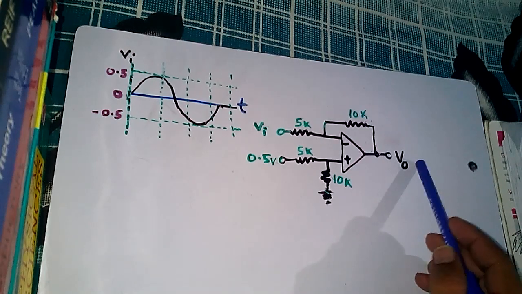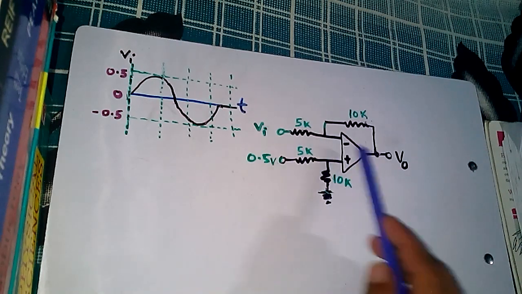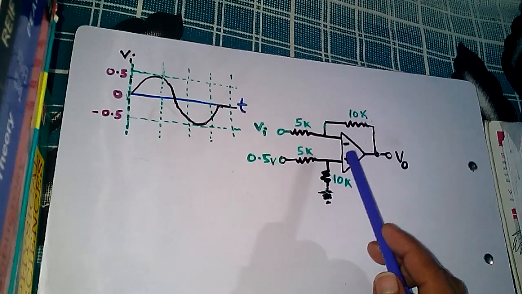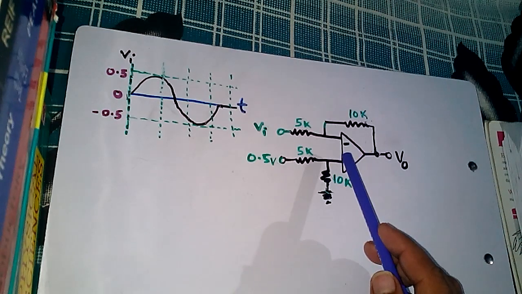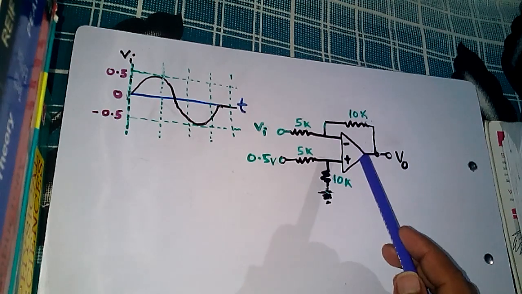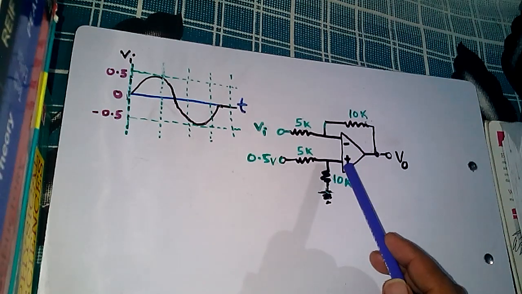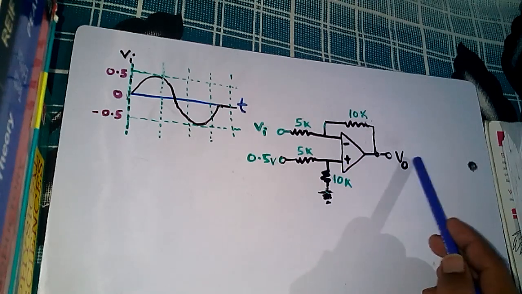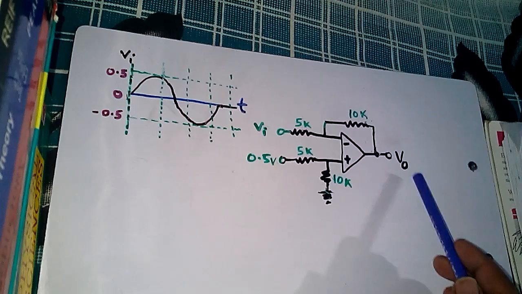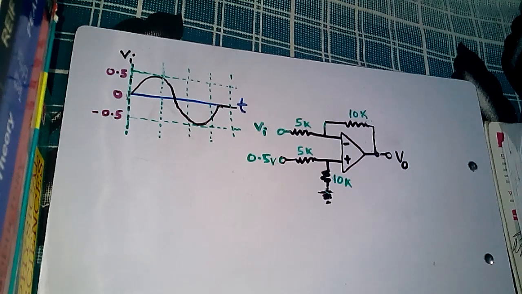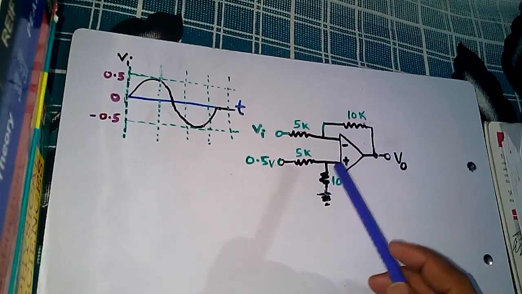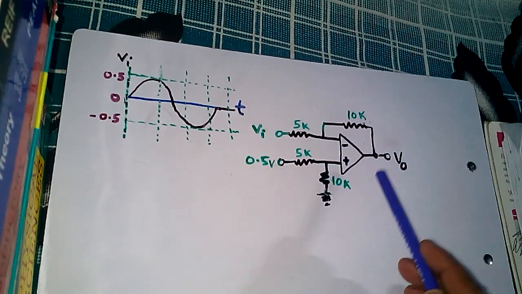Now to write down the output formula, first of all we have to recognize the circuit, because if we don't recognize whether this is an inverter, non-inverter, differential amplifier, differentiator, integrator, logarithmic or whatever it is, we are not able to write down the output formula. And if we are not able to write down the output formula, how could we find out the output voltage? So first of all we have to recognize this circuit, and clearly this circuit is a differential amplifier circuit,